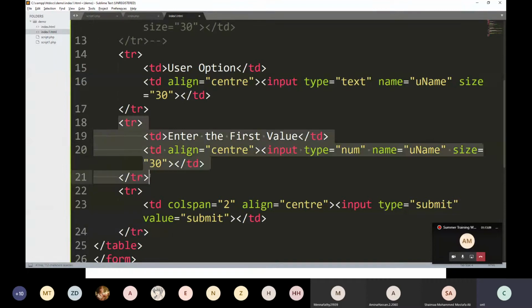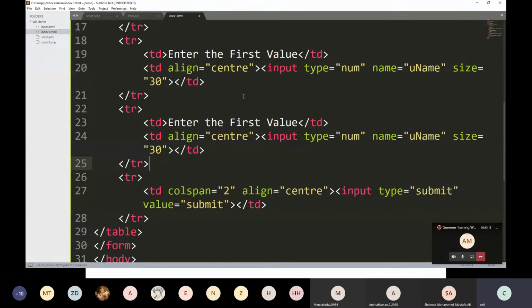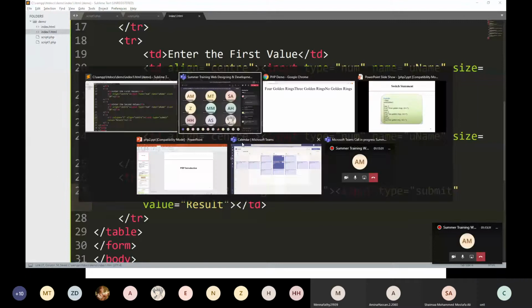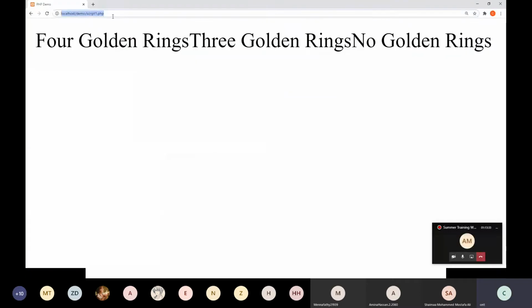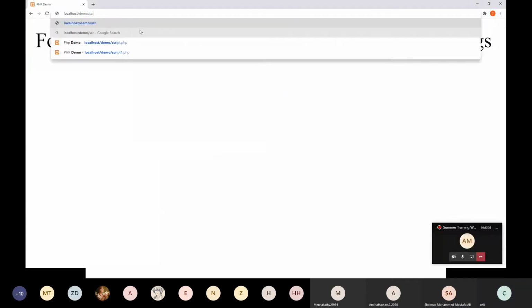Then copy and paste, enter the value, and here input type submit and value equal to result. You can change it, let it be value equal to result. You will get the output like this.